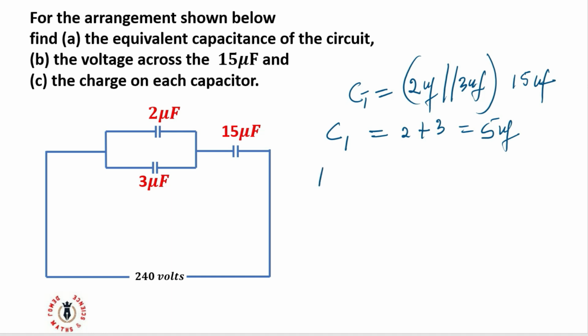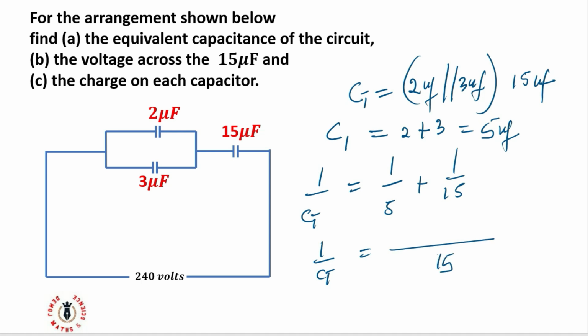1 over Ct will now come from 1 over 5 plus 1 over 15. 1 over Ct will now equal to, here is 15. 5 in 15 is 3. 3 times 1 is 3, plus 15 in 15 is 1, times 1. Now this is equal to 4 over 15. And Ct obviously, we take an inverse of both sides, becomes 15 over 4 microfarad, which is something like 3.75